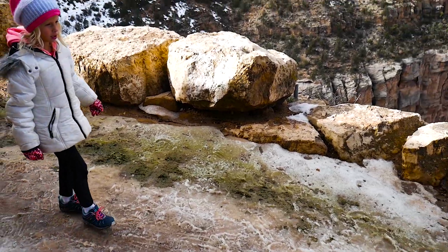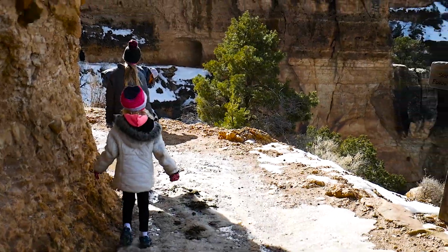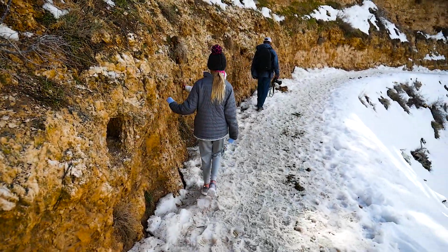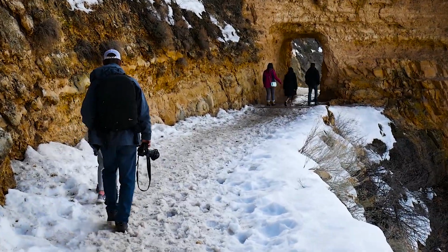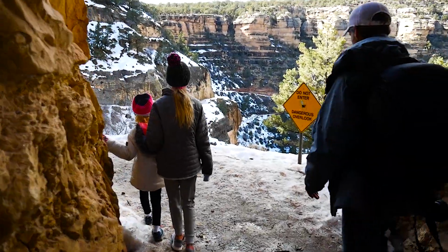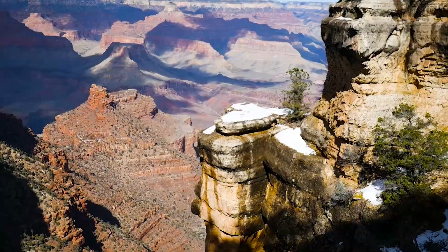Unfortunately, during the winter, and it's something to think about when you do visit the Grand Canyon, if you want to hike into the canyon, winter is not a great time because all the tracks are covered in snow and ice. You can buy some cleat things to put on over your shoes. We were going to do that, but they're all sold out and they don't have Savannah size,